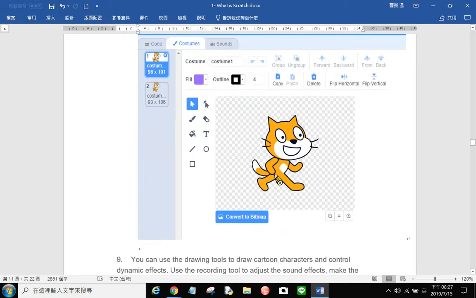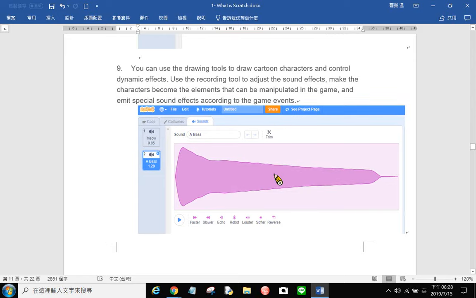The costume is selected by the sprite. Anyway, later we will discuss that. This one is for you to change the shape or change the costume of the sprite. And then number 9, as I told you, that